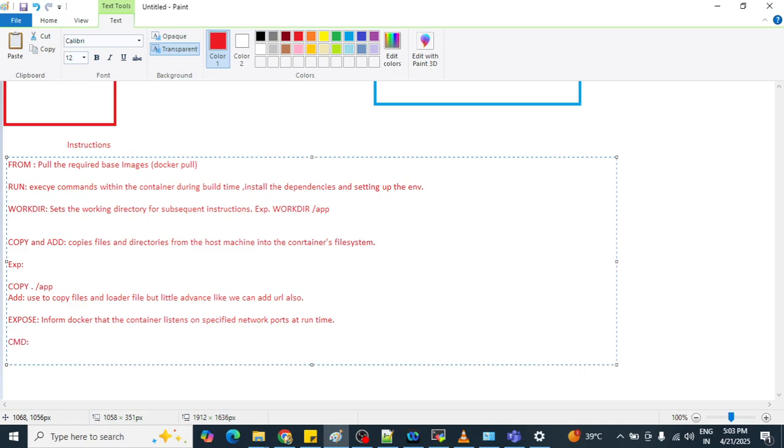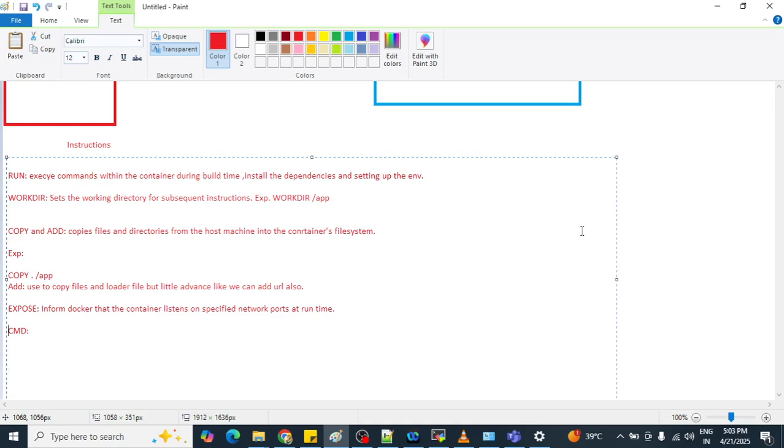What is that CMD? It provides the default command to run when a container starts. Means once our container gets started, the command which we require to run at runtime only, that time we can define that particular command in our CMD instruction.